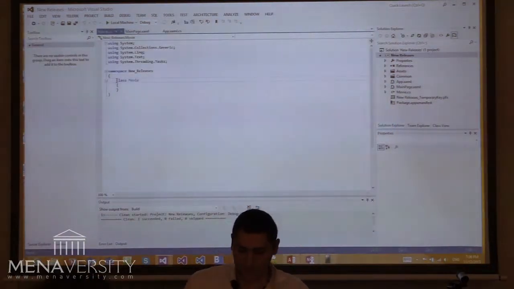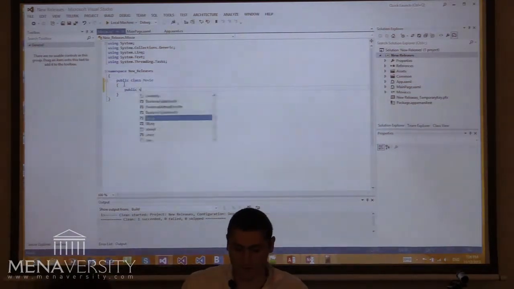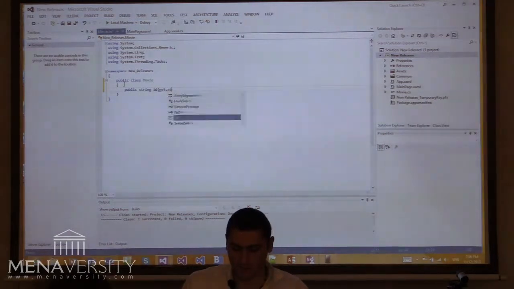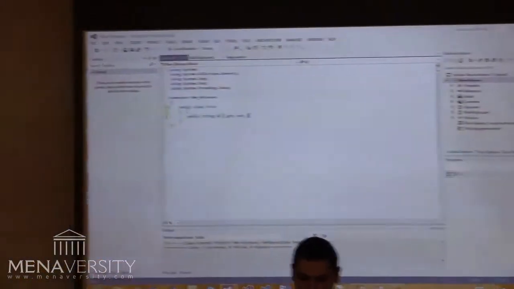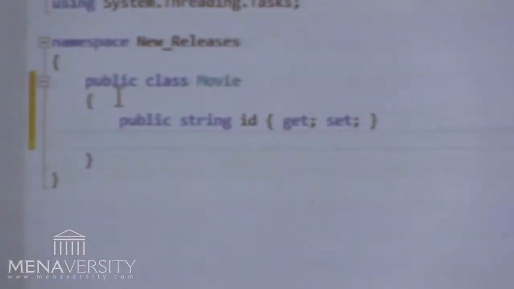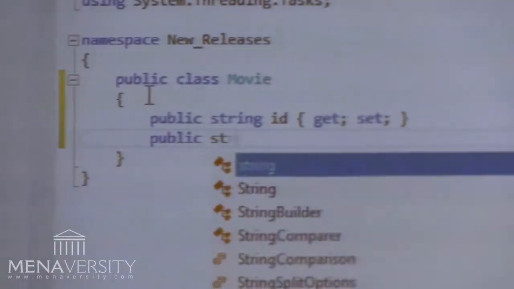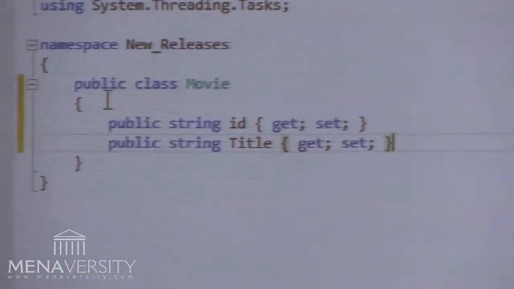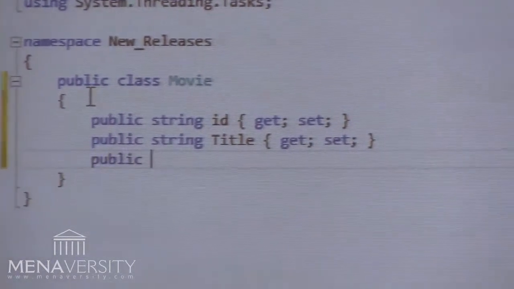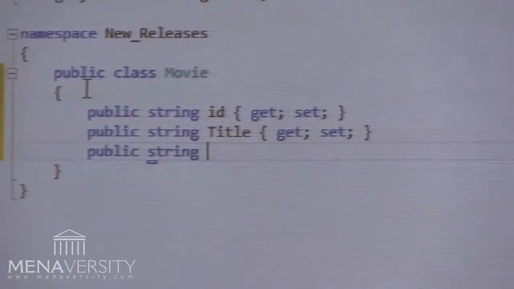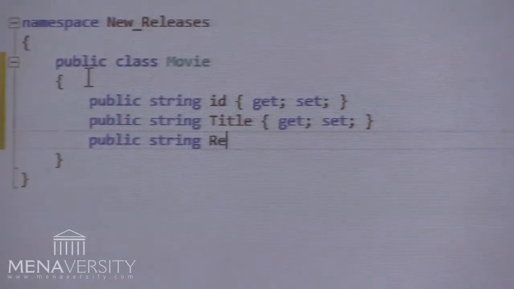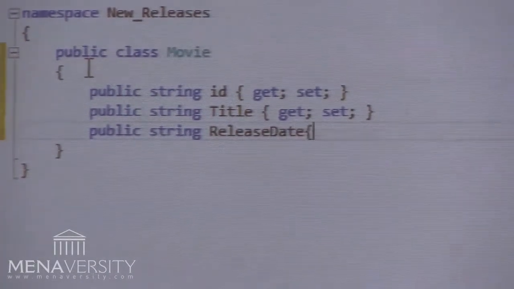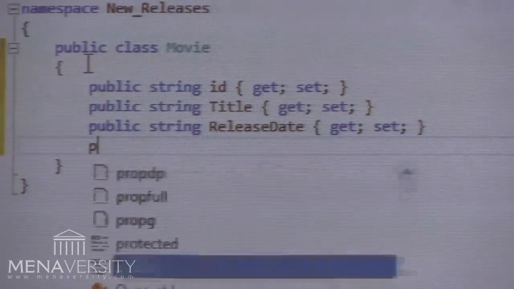Make this class public so we can access it inside other classes. Let's give this movie string ID. We are assigning to it some setter and getter methods, which are automatically generated inside Visual Studio. Let's give it also a title, also with a set and get. Let's give it the release date, a duration,